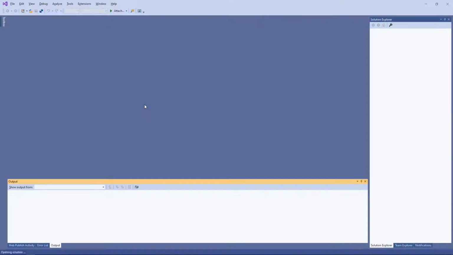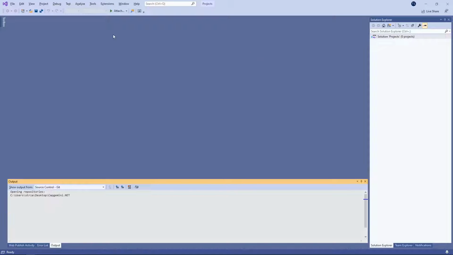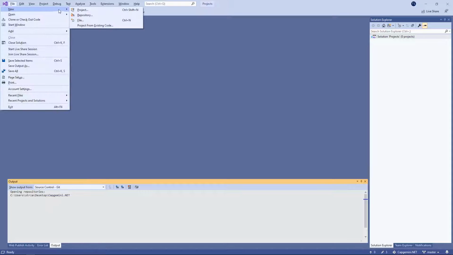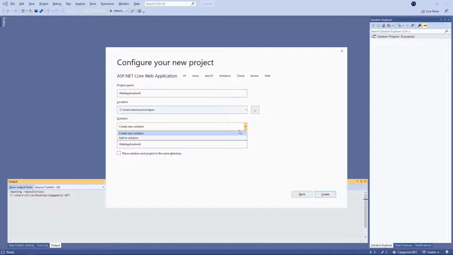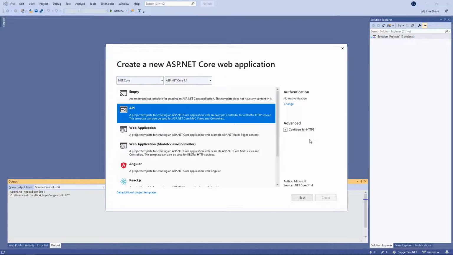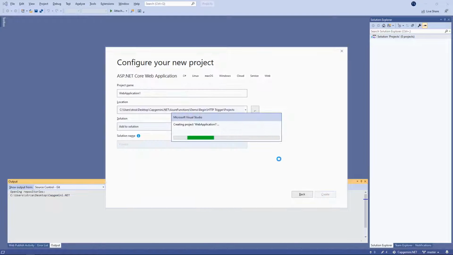I already prepared some blank solution, and we are going to create our first project, and that project would be an ASP.NET Core web application. I will just stick with the solution currently provided, leave the default project name and hit create. Once I choose the API template for my application and hit create, Visual Studio will scaffold the project for me,